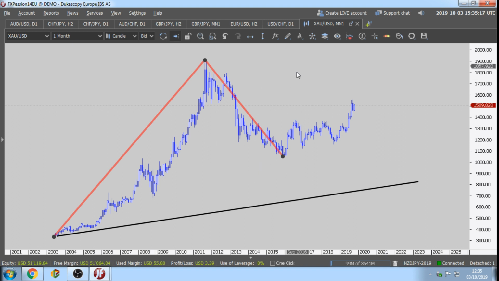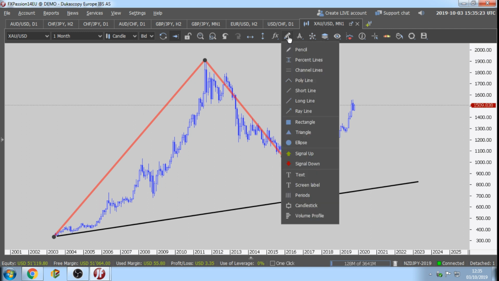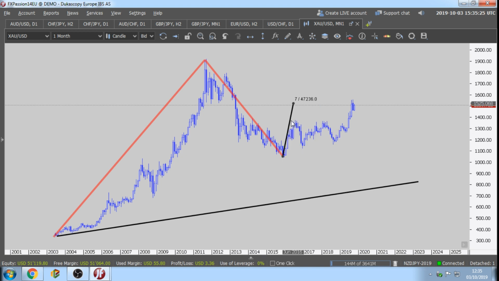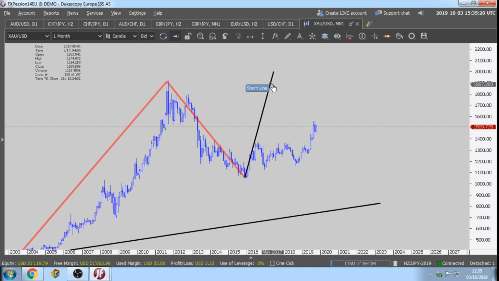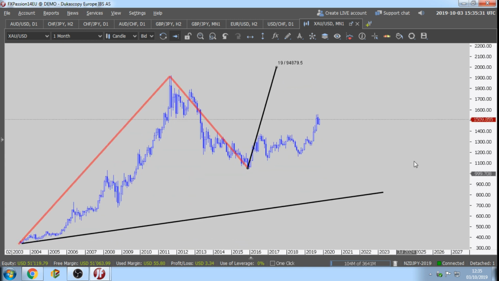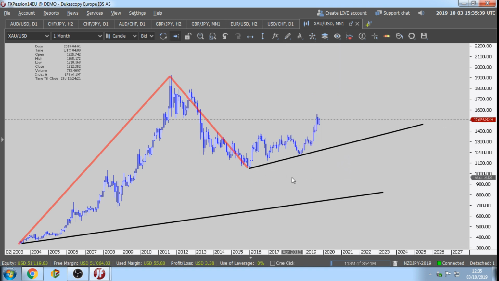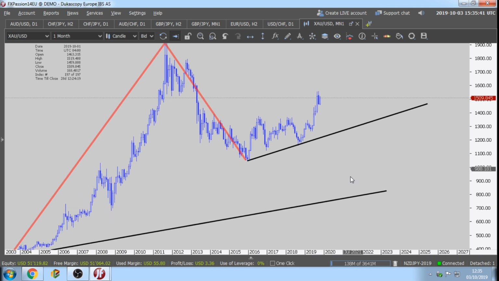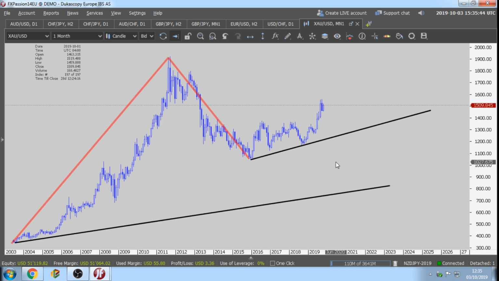So this is the structure from gold. Okay, now what is the market doing? Well, the market is in a new extension leg. So teacher, how do you know? It's always the same. You are going to see the change in the short-term trend direction. So this is the other uptrend line. The market's making higher highs, higher lows, until up in here, then started making lower lows, lower highs, lower lows, lower highs until here.